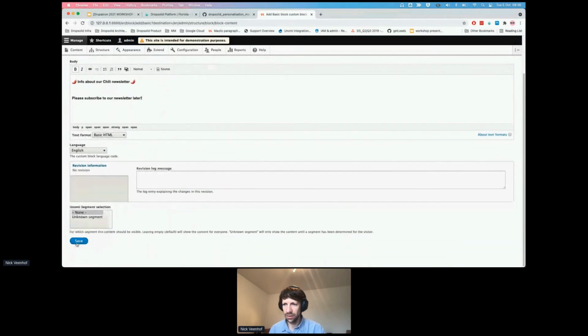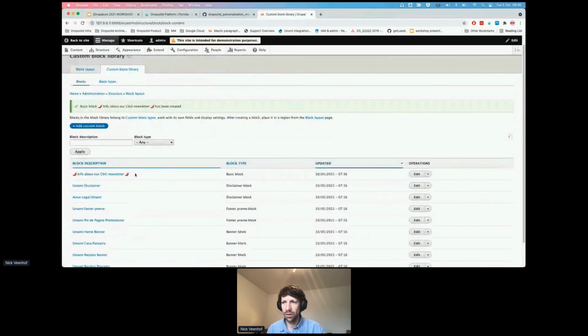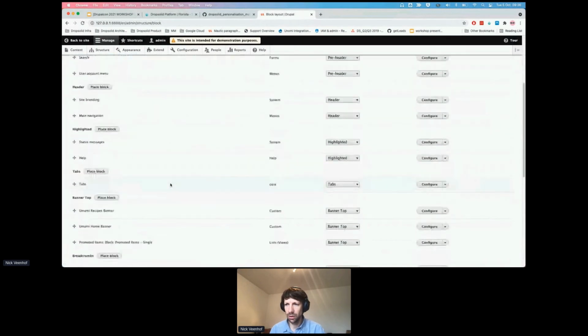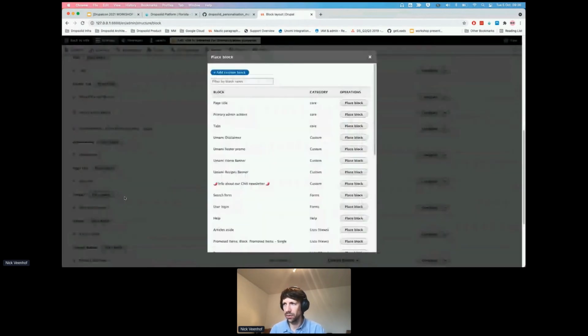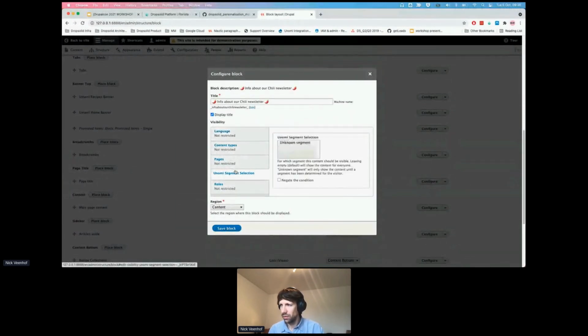Okay, you can click save. Now the block is there. You can place it here in the block layout, and for the sake of being easy, we place the block here in the main contents page. Okay, and for those that have this Unomi segment selection,